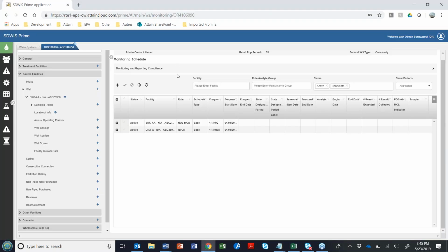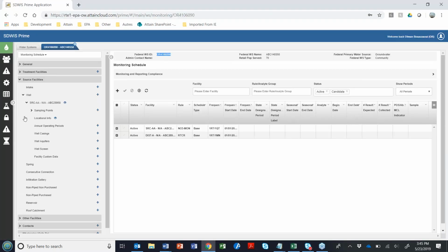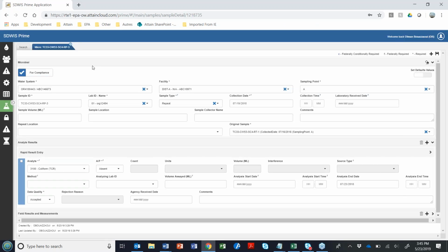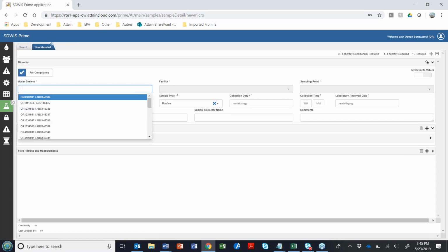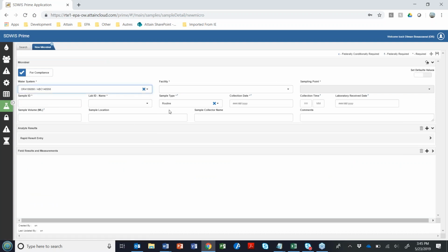Again, I like to copy the water system ID because I use that to enter data. All right, so this is my water system ID. This is my routine number 1.